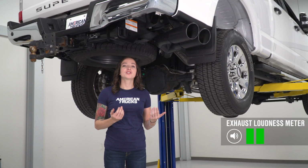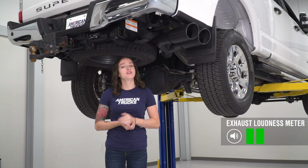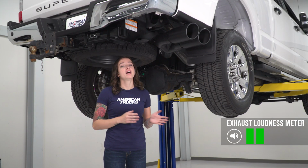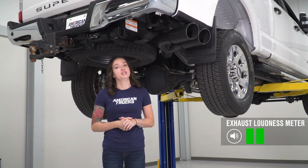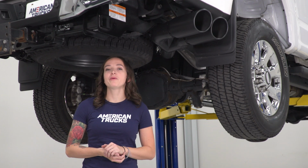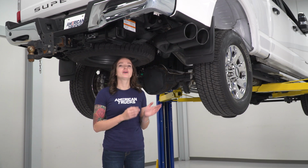With the piping larger and the resonator at the back eliminated, you will get some improved sound. However, it's not going to blow your eardrums out because the DPF is intact, and that is the most restrictive part of this diesel exhaust system. Coming in at around $650, this is a great way to improve the sound and the look of your exhaust